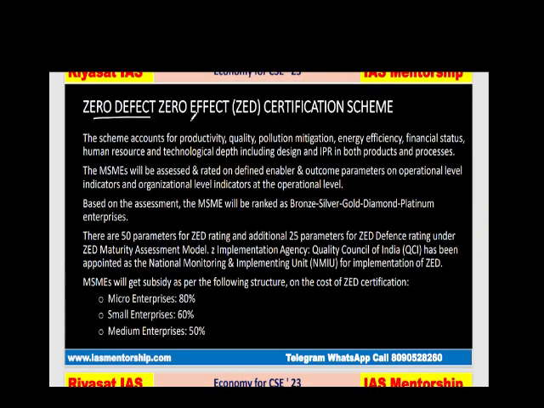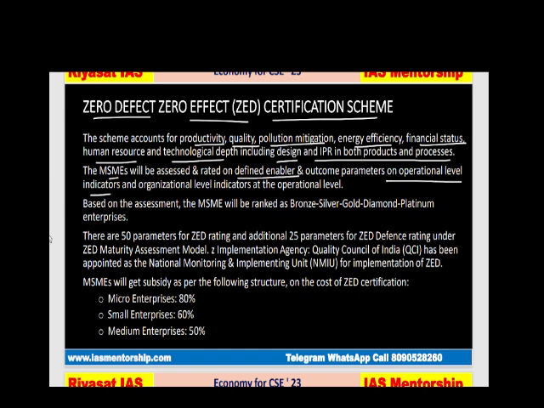Next is your Zero Defect, Zero Effect (ZED) certification scheme. Basically, zero defect and zero effect. This scheme accounts for productivity, quality, pollution mitigation, energy efficiency, financial status, human resource, technology depth, including design and IPR in both product and processes. Basically, zero defect, zero effect is about process and products, to ensure quality and all the words I just mentioned. The MSME will be assessed and rated on defined enabler and outcome parameters on